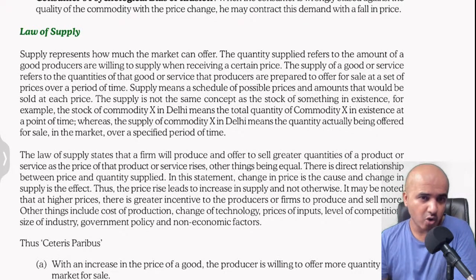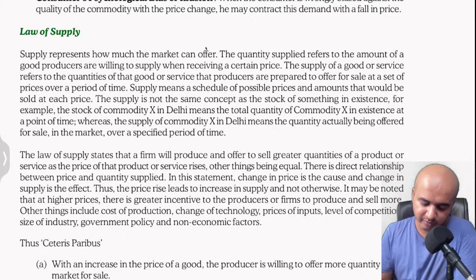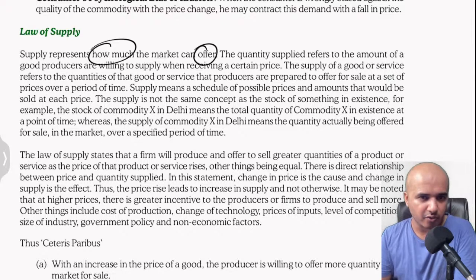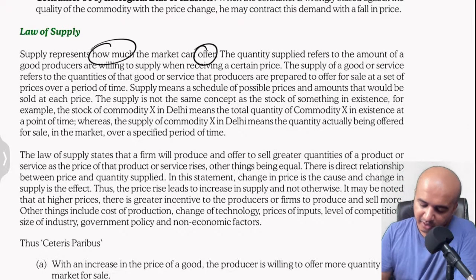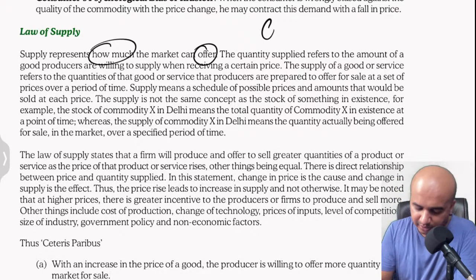Supply represents how much the market can offer. How much the market can offer. So if you may intend to buy 10, but is the market offering you 10 items? For example, with respect to what is that